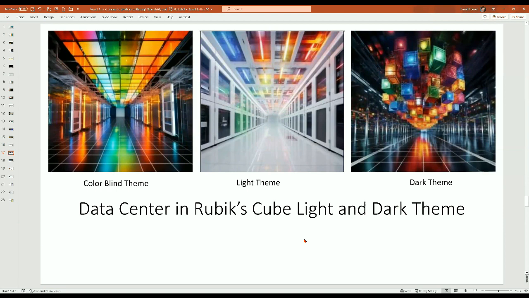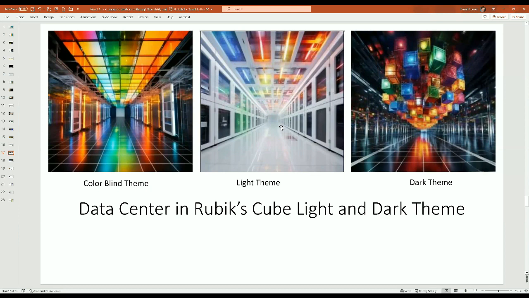We asked for the design of a data center inspired by Rubik's cubes. So the Rubik's cube is a series of rotating cubes. It does a nice job with that, and you can then take that version and stretch to a light theme. So go from dark theme to light theme. And then finally, you can give it instructions like, I actually want it in a web design that has to be colorblind neutral.